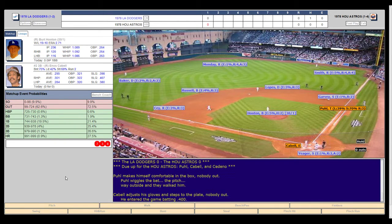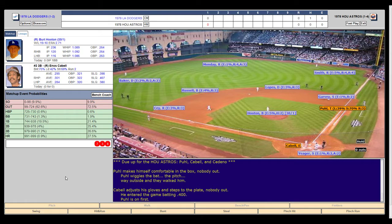Terry Poole, very good base runner. He will need under a 390 to get a proper lead to attempt the steal, and then under a 700 to steal second base. Yeager has an arm of a 2, which is not bad. The rating system in this game goes 1 through 5. The higher the number, the poorer the player